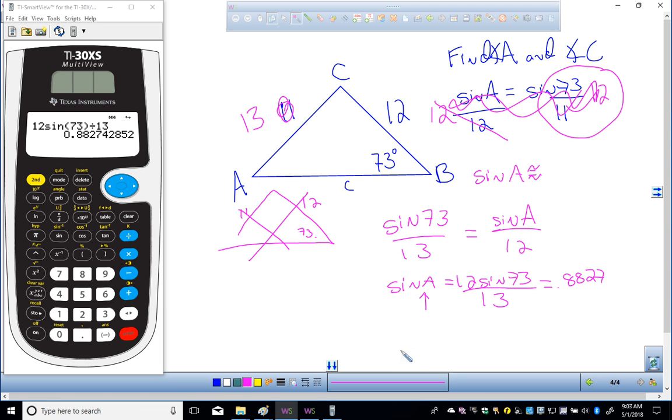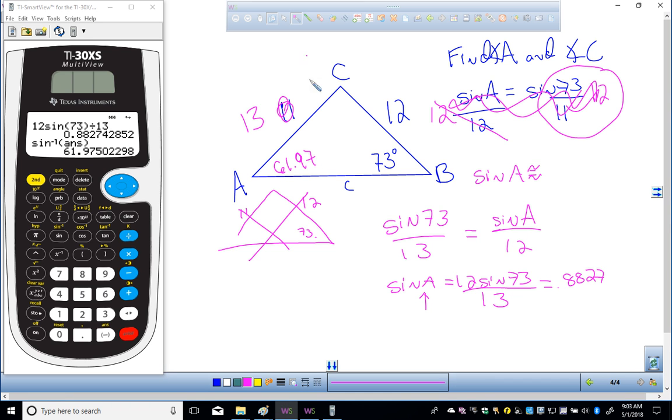Then I do this second. That's where I want to find the angle, so I use my inverse sine. I'm going to go second sine, second answer. What that does is it takes this number and plugs it in there, and it finds the angle that has a sine of 0.8827, and I get 61.97 degrees. Okay, so angle A is